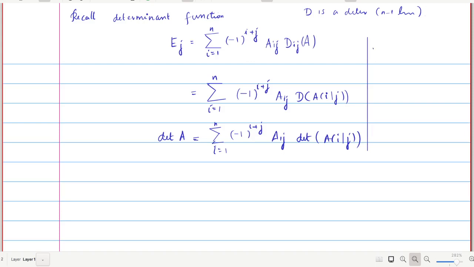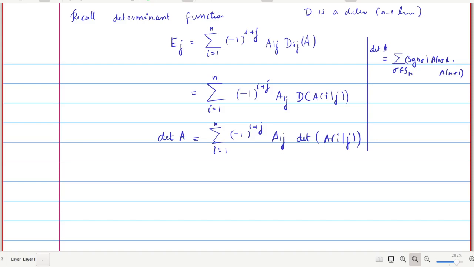That means we already have a formula for the determinant of A, that is equal to the summation over sigma belonging to Sn of sign of sigma times a1 sigma 1, and so on up to an sigma n. This is the definition of the determinant of A, and we have already proved that this is also a determinant. Since we have already established the uniqueness of the determinant function, you can write this formula the same as this one.